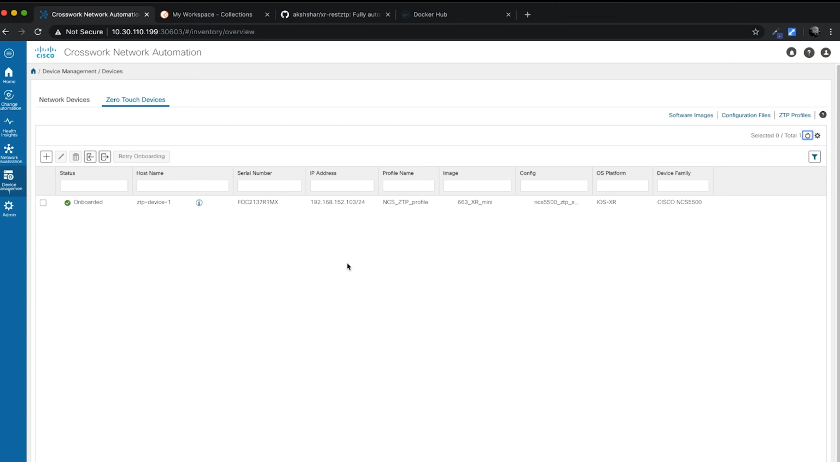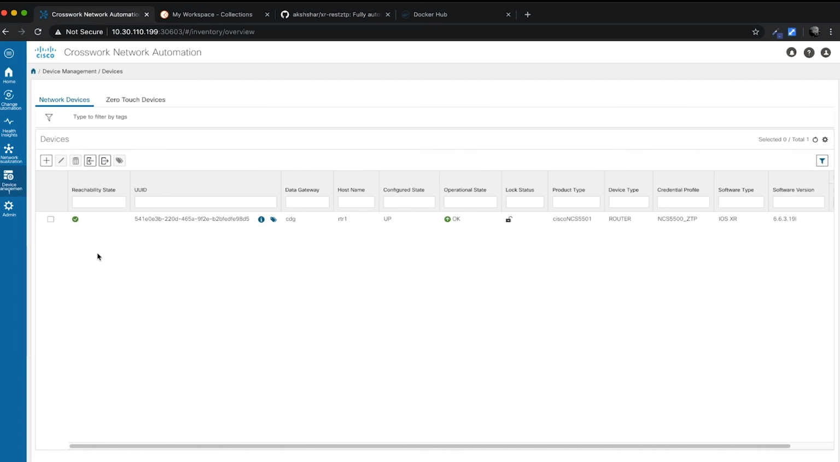You can see that the device is now onboarded for ZTP. The IP address has also been noted. And if we go on to the network devices page, perfect. So you can see that the device has now been onboarded for day one management as well. This is indicated by the fact that if we look at the show details here,